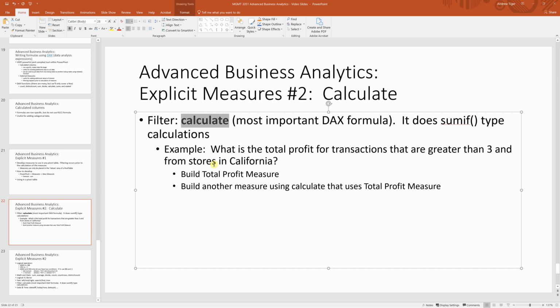What we're going to do is answer this question: the total profit from transactions from 1997, where the number of items per transaction was greater than 3, and we only want to do this from stores in California. Kind of an odd question, but that's what we want to do. And we could do this without building this measure. I mean, I